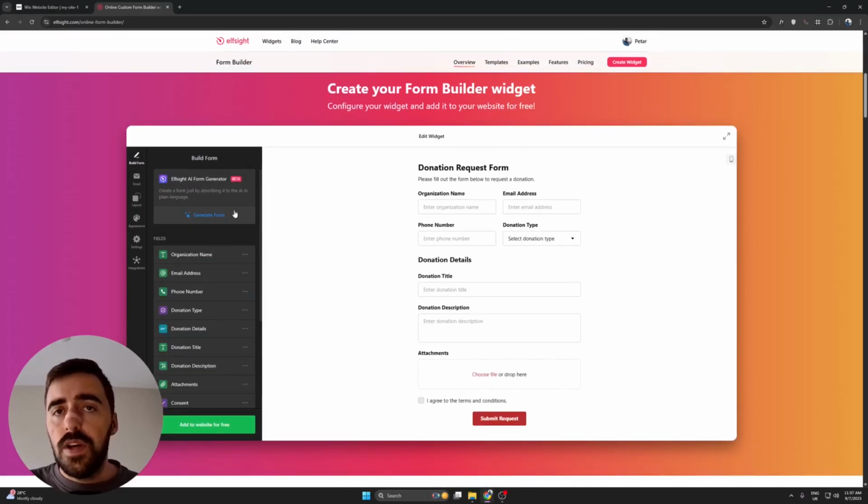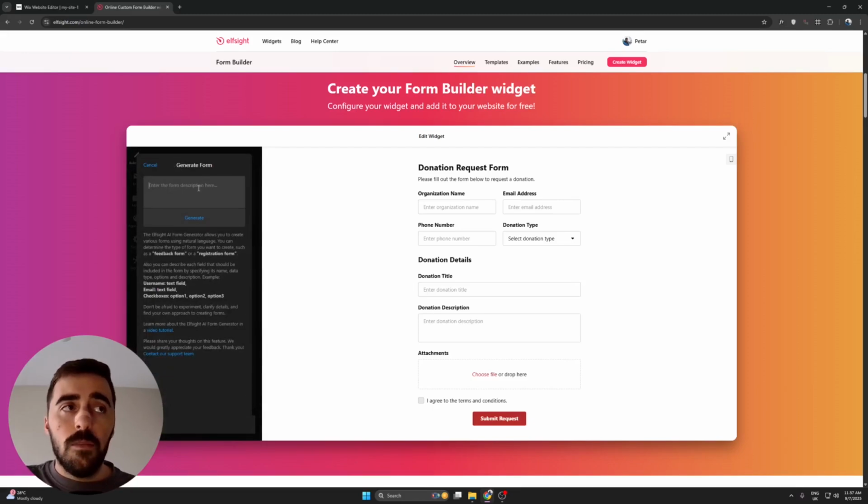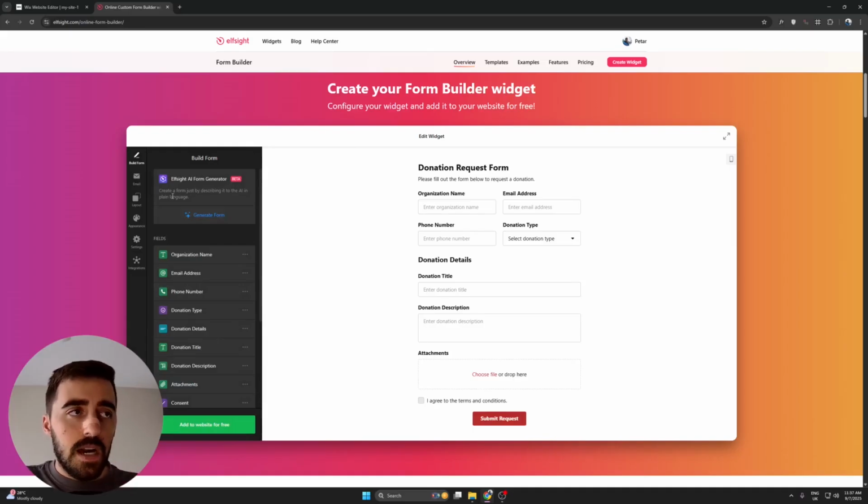Now, if you're struggling to create a form that you like, or if you think it's going to take you too long to do that, what you can do is simply click on generate form right here and use Elfsight's AI form generator. Click on this and then you can enter a form description right here and then click on generate, and Elfsight is automatically going to generate a form based on the specifications that you provide right here. At the bottom here, as you can see, there's a bunch of different instructions that you can follow to make sure that you use this tool to your advantage. In my case, I'm going to leave it as it is. I just wanted to quickly mention this just so you know that it is an option that you can take